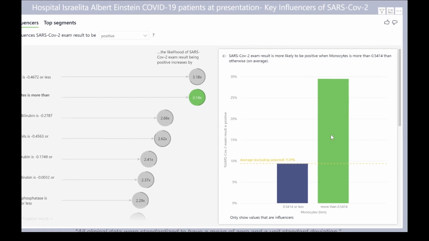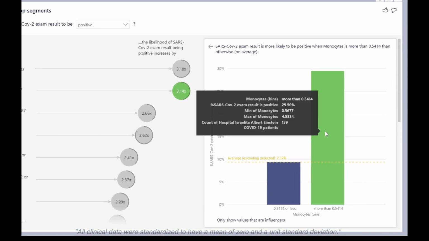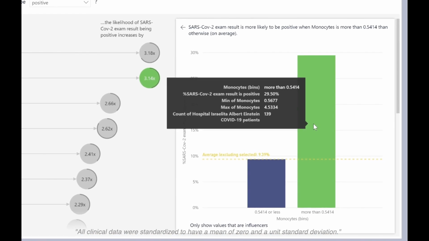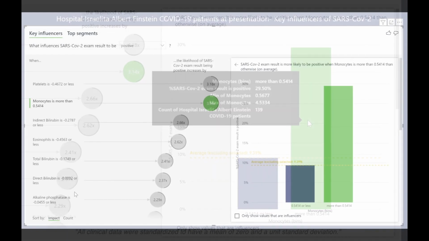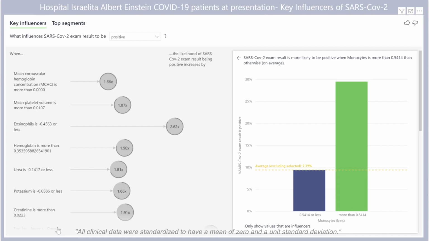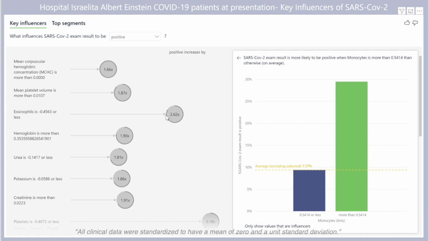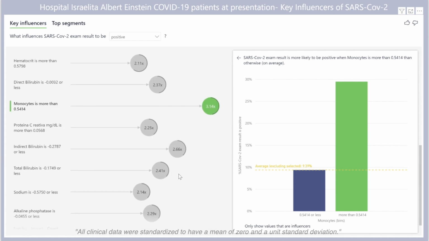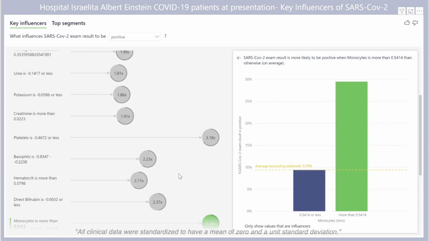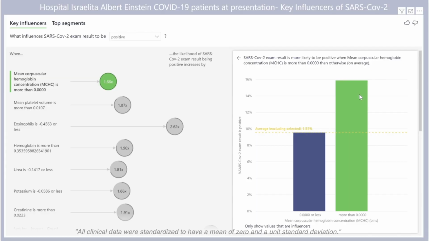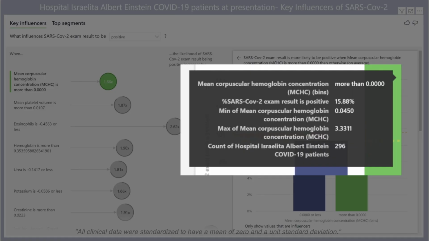In cases where there is no linear relationship, a bar chart is produced using a supervised binning to explain each factor's influence. Variables can also be prioritized based on its sample size. The dark grey border around the circles represents an approximate percentage as per its absolute count, or the count relative to the top influencer. Like in this case, MCHC tops the list by relative count despite having the lowest influencing